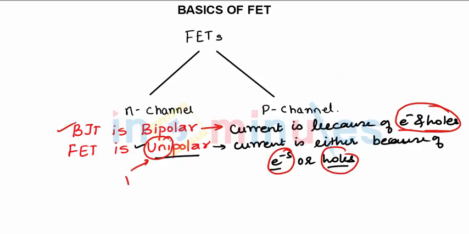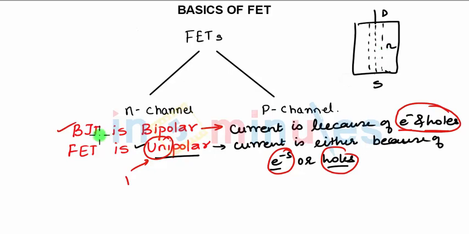Then in FETs you have channels. The movement of current from drain to source forms a channel, and if you have N type of material then N channel, if you have P type of material then P channel FET. Similarly in BJT we had NPN type of BJT, we had PNP type of BJT. Here we have N channel FET, we have P channel FET. So these are very much basics of FETs which we require for the further analysis, construction, working. So basics you should know to start with the analysis or the characteristics.